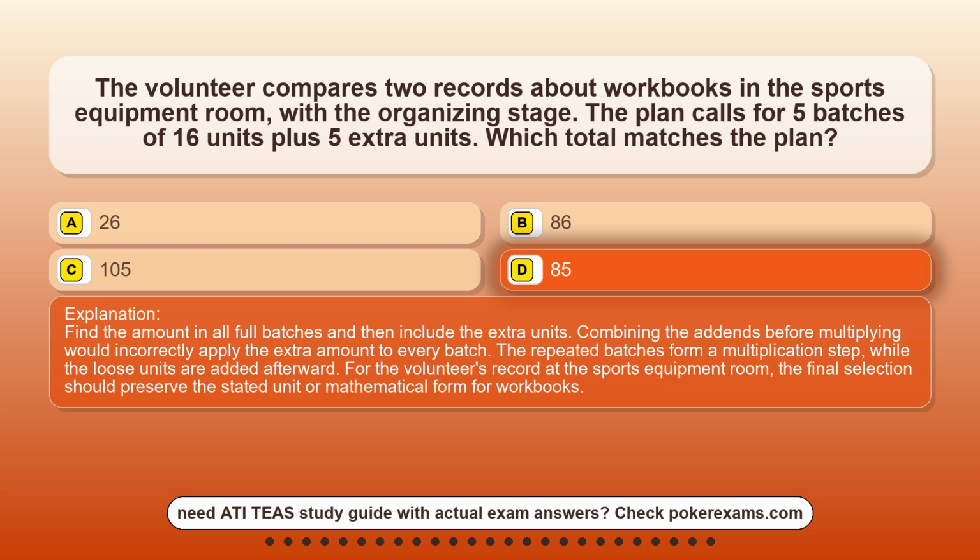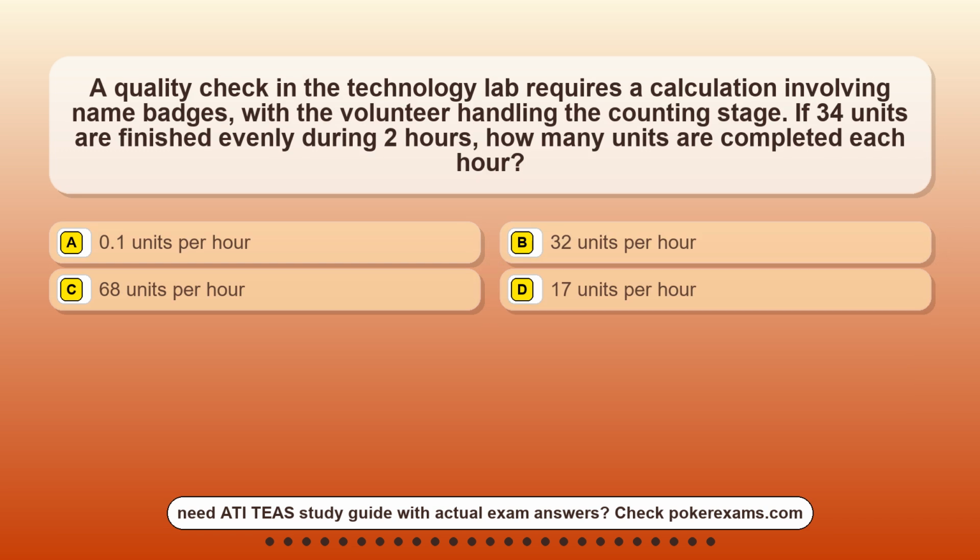Find the amount in all full batches and then include the extra units. Combining the addends before multiplying would incorrectly apply the extra amount to every batch. The repeated batches form a multiplication step, while the loose units are added afterward. For the volunteer's record at the sports equipment room, the final selection should preserve the stated unit or mathematical form for workbooks. Question 18. A quality check in the technology lab requires a calculation involving name badges, with the volunteer